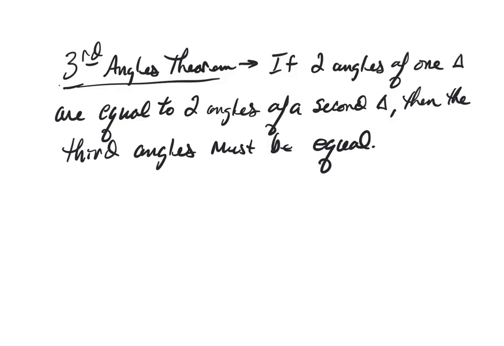Right? If two angles of one triangle are equal to two angles of a second triangle, then the third angles must be equal. So if I were to give you